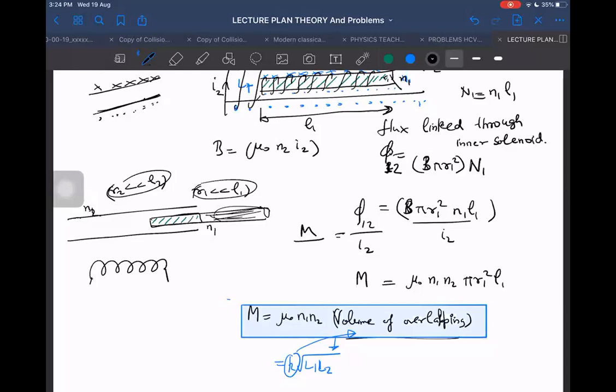Then this volume of overlapping formula will not be correct. No, it will be becoming wrong. It is a serious matter because I was assuming that mainly the flux will be here, and outside it will be there, but it will be less. So I neglected that part. But I think it may not be that less, it seems. It may be something significant. So I think this formula may not be valid actually.